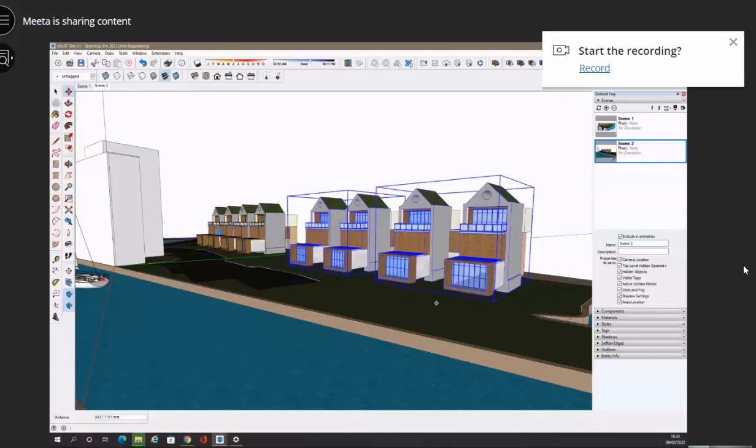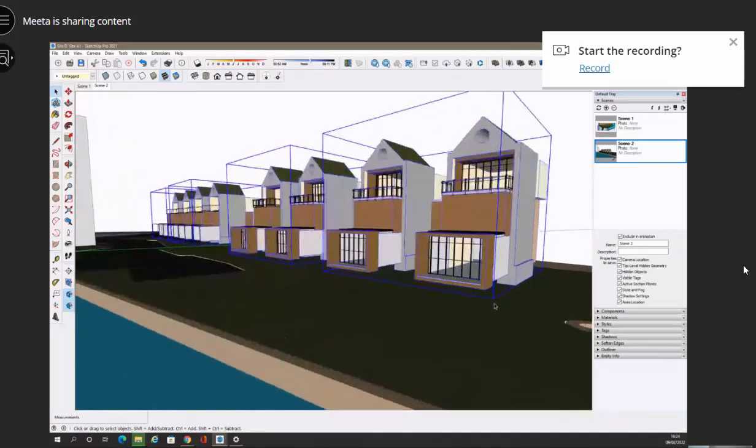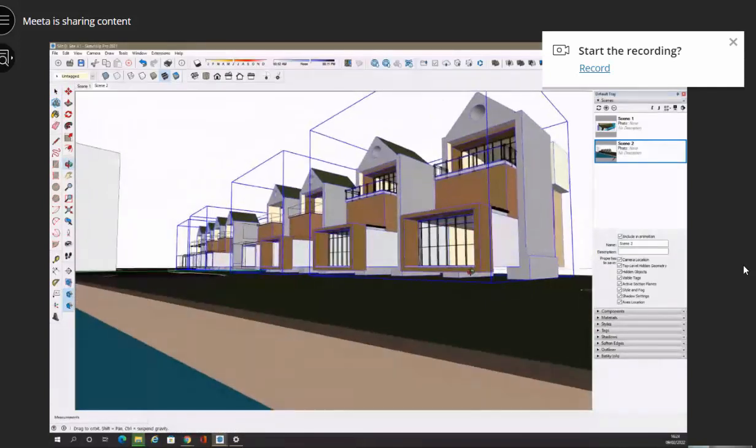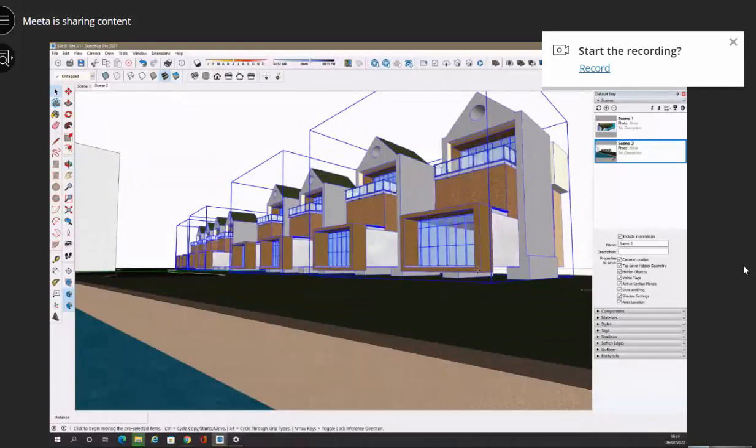Then I'm going to select all of them. So I'm going to hold the Shift key down, which gives me the plus and minus on my cursor. And that means I can select them all at one go. I'm going to zoom in to the first house, and you can see that they are fairly high up over the ground. So I'm going to move them so that they are